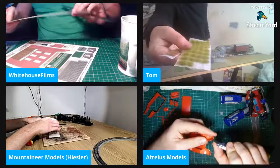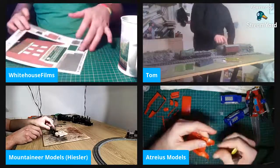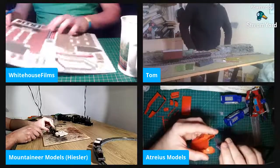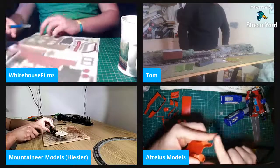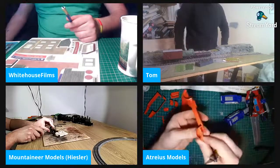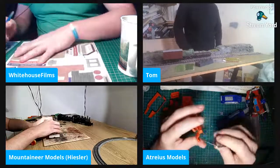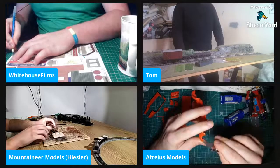It just depends on what season you're looking to model your diorama on. Ooh, they're out of season. I mean, just make it look a bit more realistic. You don't want it to be too vibrant. We're going back into fashion again here. It's out of season. Well, I did do something quite...